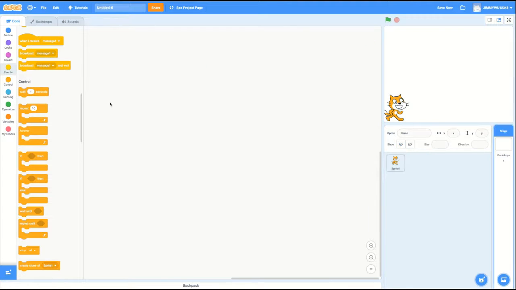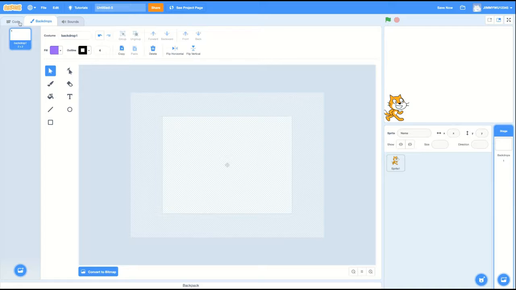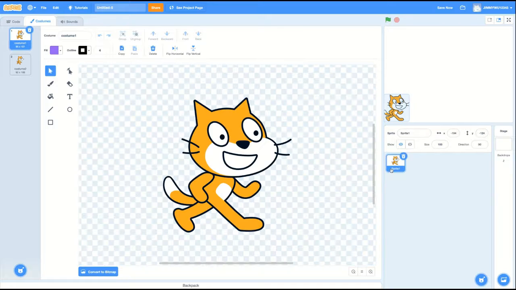There are different backdrops. And this is the first backdrop. We can add another blank white backdrop. And see, there are 2 backdrops now. And if we click back to sprite 1,